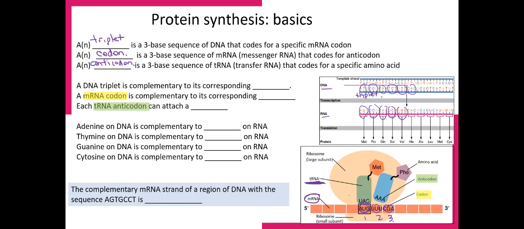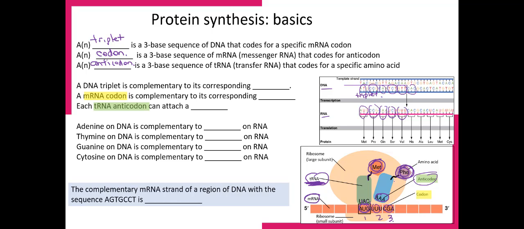And you can see here that the anticodon of the transfer RNA is linked to specific amino acids. So this UAC anticodon of this transfer RNA is linked to this amino acid. The AAA anticodon of this transfer RNA is linked to another specific